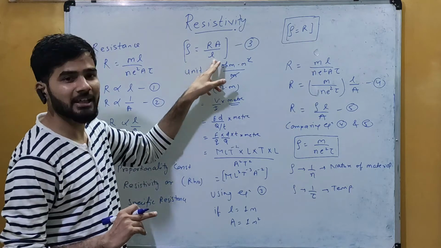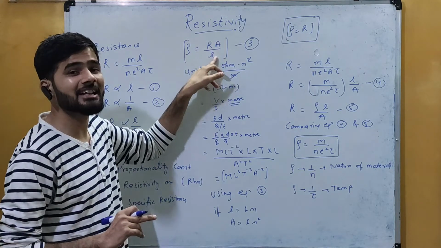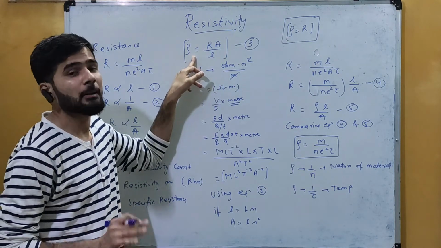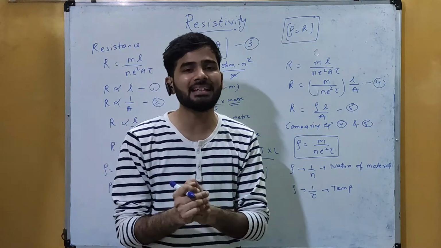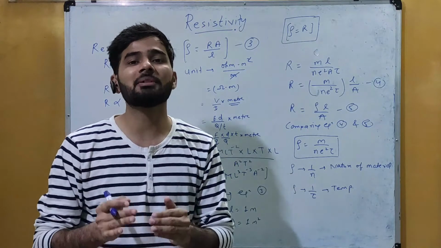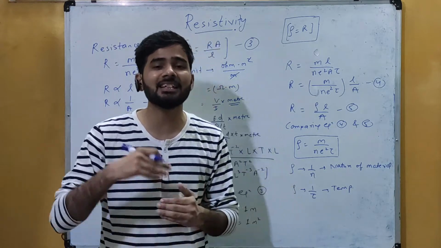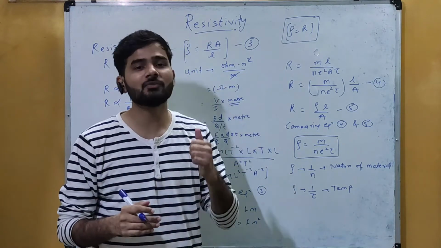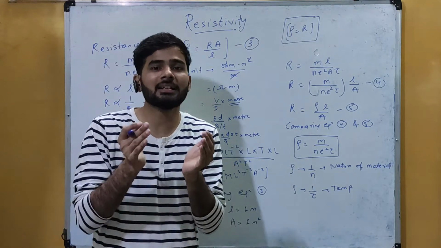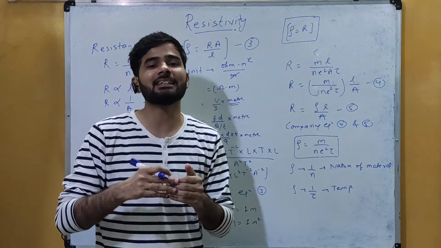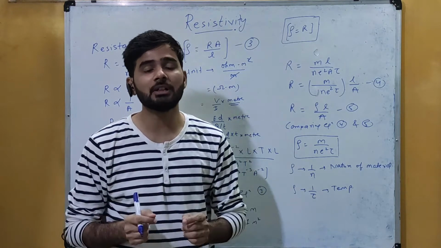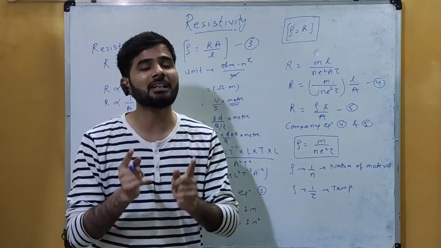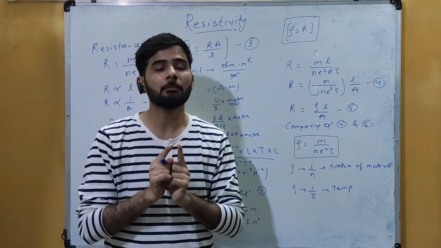Okay, now here हमने देखा कि rho is equals to R A by L. मतलब इस फॉर्मूला से हम देखें कि अगर हम एरिया और लेंथ को चेंज करेंगे तो रेजिस्टिविटी भी चेंज होगी, बट इट इज नॉट ट्रू बिकॉज रेजिस्टिविटी इज द प्रॉपर्टी ऑफ द मटेरियल. Okay, and that property does not change when we change the length or the area. So it is a very important point. Sometimes in exam there will be a question that if the length and area of the conductor is getting changed, then in that case the resistivity will be same. The resistivity does not change. It is the property of the material.